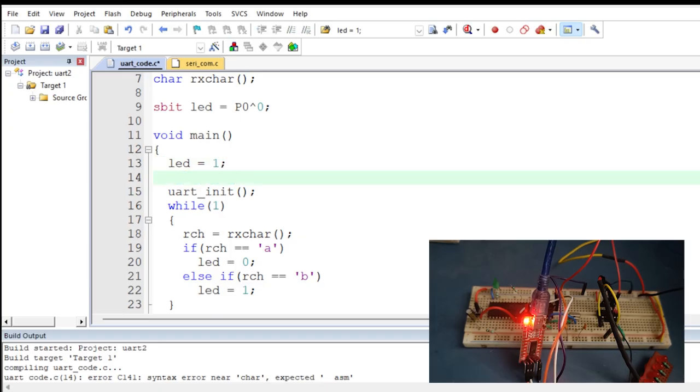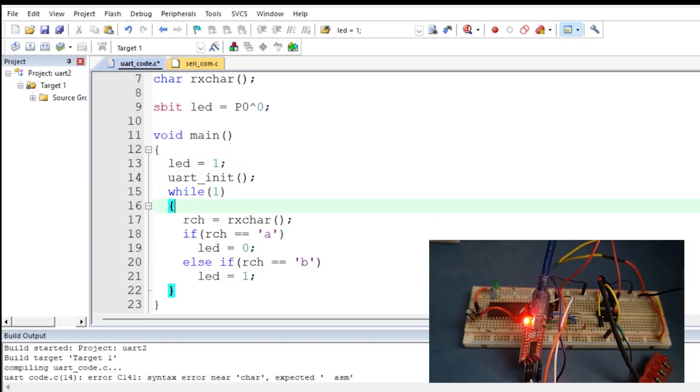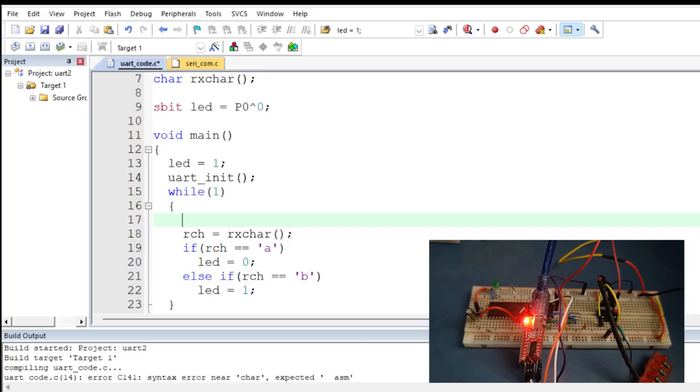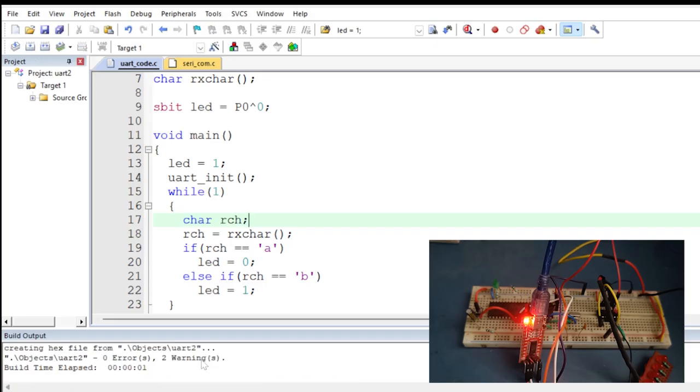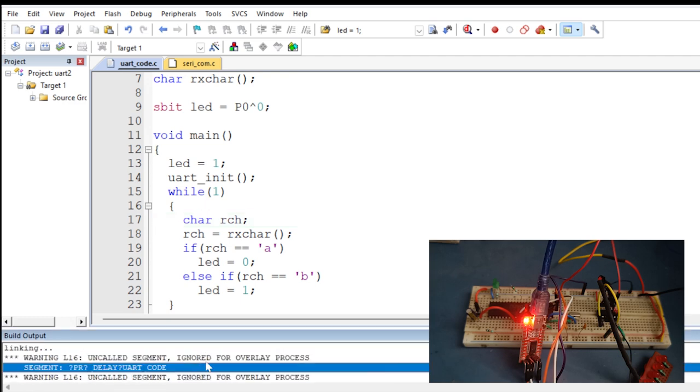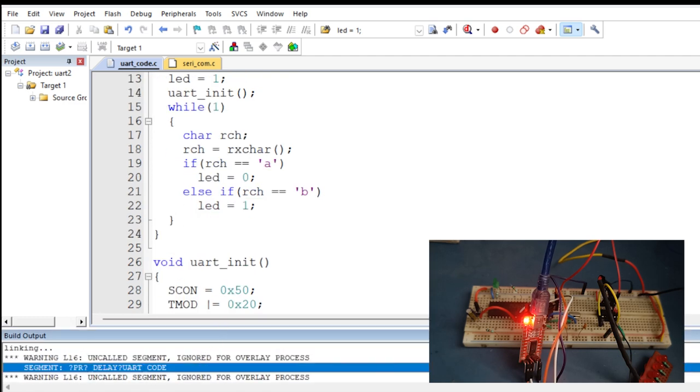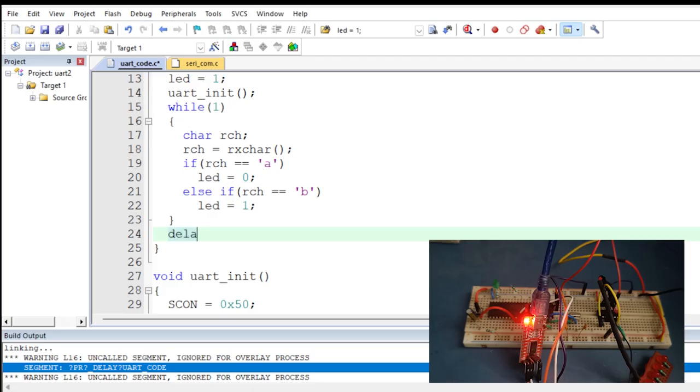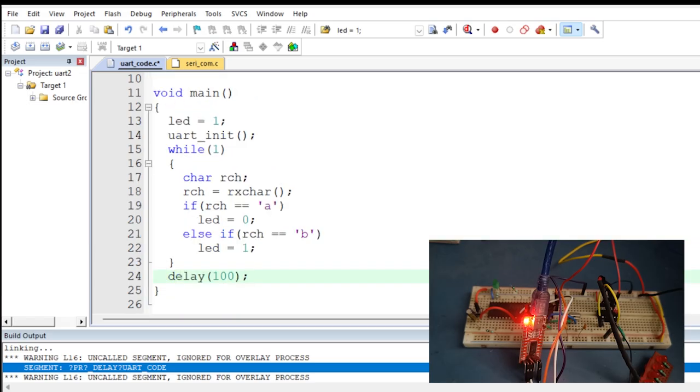Just because it's not in the scope. So now let's build this. There are 2 warnings. Yes, the delay is not called. So here you will give 2 functions that we wrote are not called. So give a delay of 100 milliseconds here, and